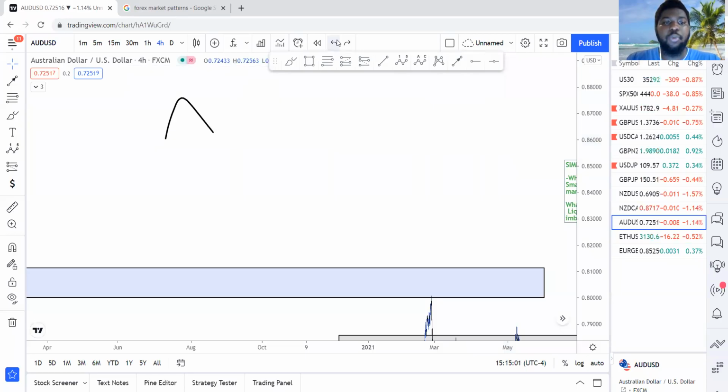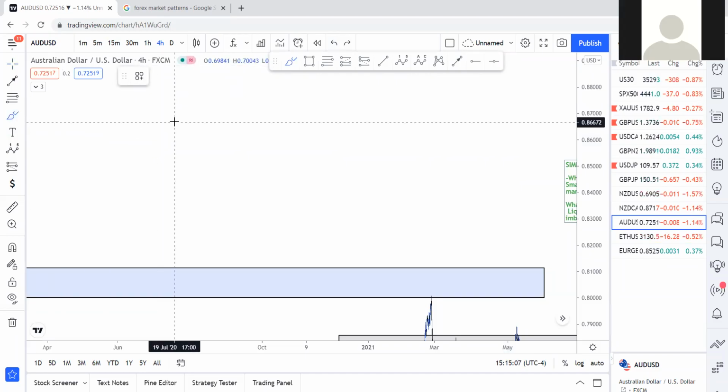Now, should you be aware of forex patterns? Yes, because if you know the forex patterns, you could always detect the manipulation and then trade the pattern, right? So for example,